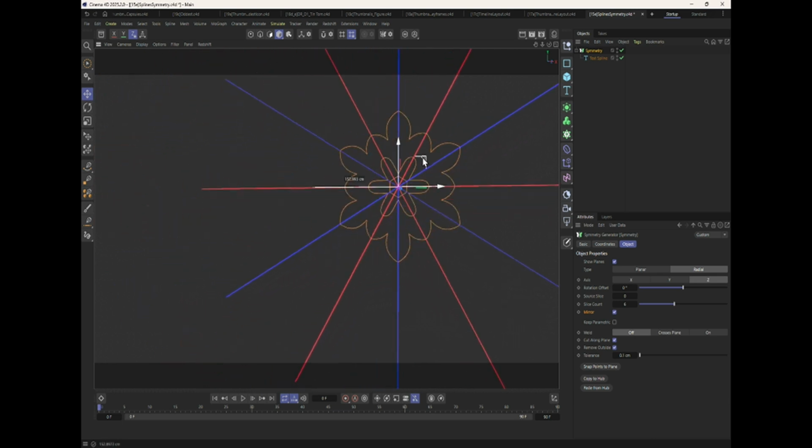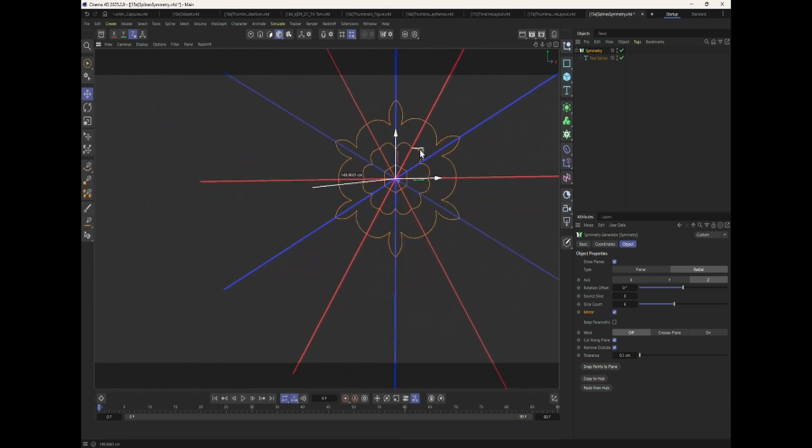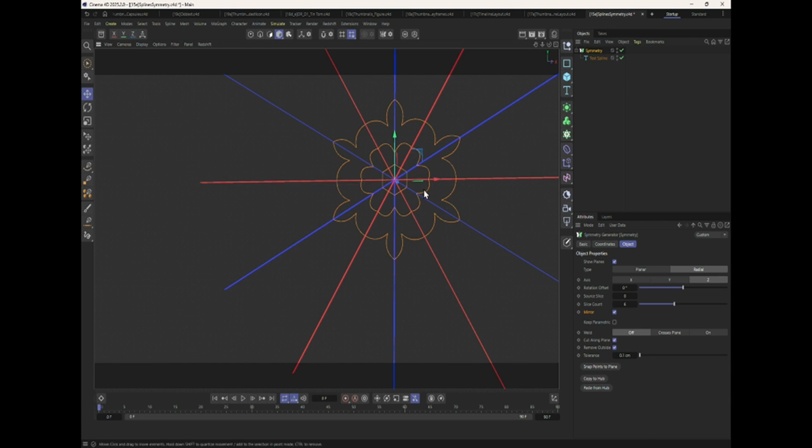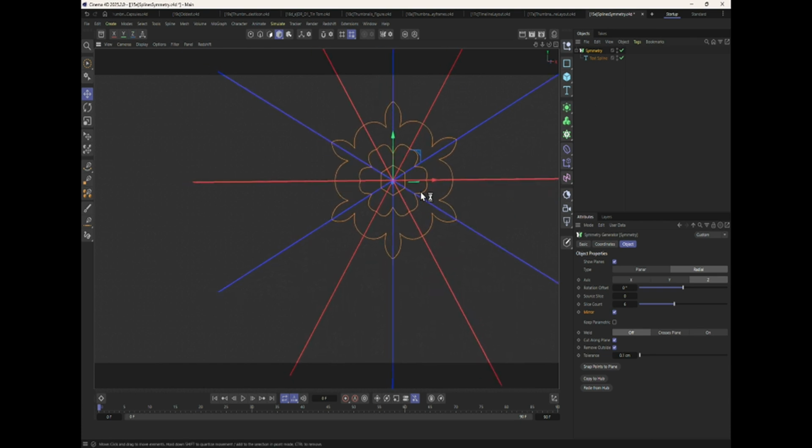If we zoom way in, look at this crazy flower-esque pattern I can generate just by scooting that to a different position. And I try to imagine how I might have made that in the past. It'd be almost impossible. And here, just by taking different letters, I could make so many different types of splines right out of the gate. So yeah, Symmetry, pretty powerful if you combine that on top of a spline